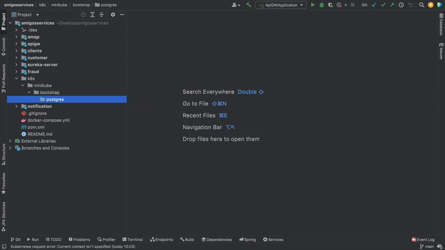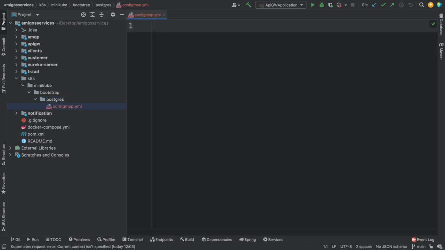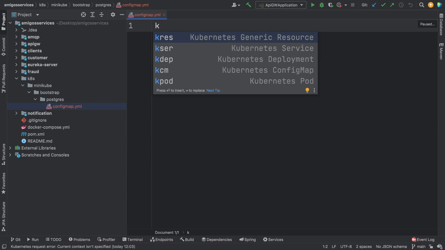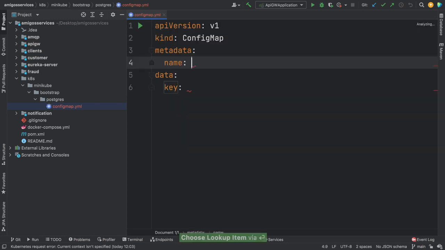And within Postgres, let's create a new file, and we're going to call this configmap.yaml. So this is where we're going to add in the Postgres user as well as the password. And here I'm going to say K, and you can see that I get some autocompletion because of the dependency that I did install. And what I want is the Kubernetes config map. And the name for this will be